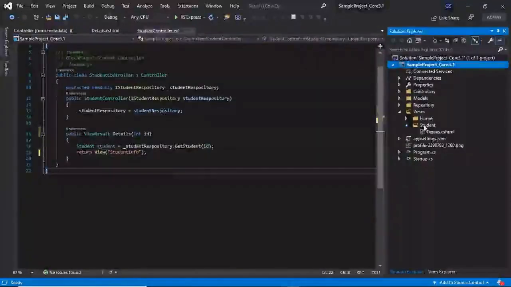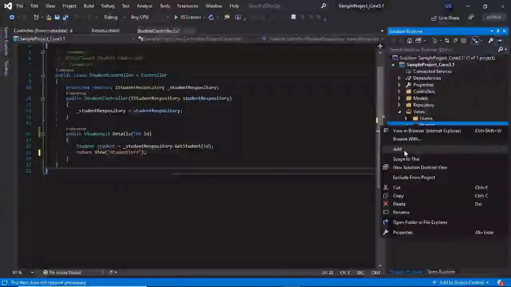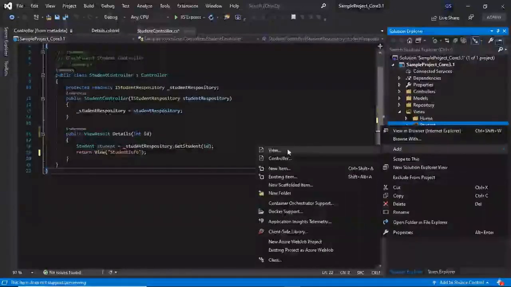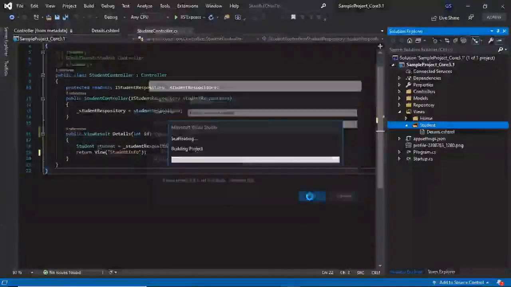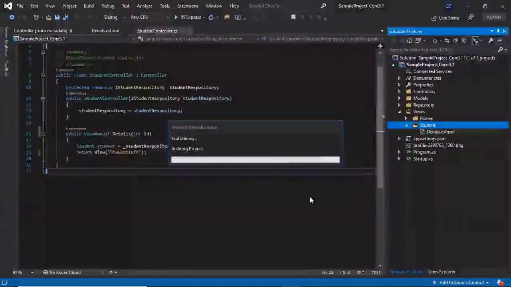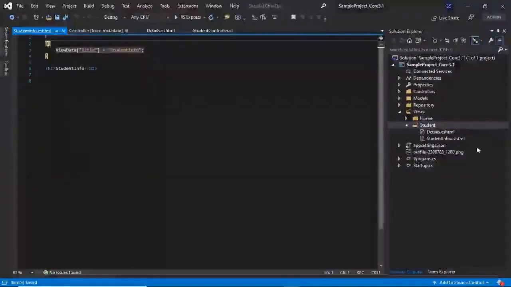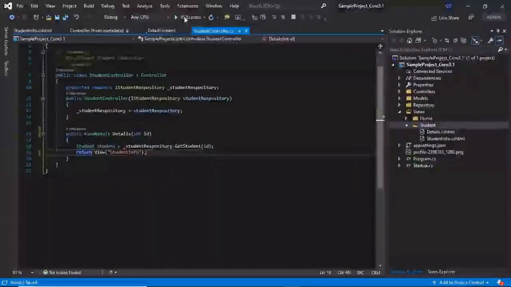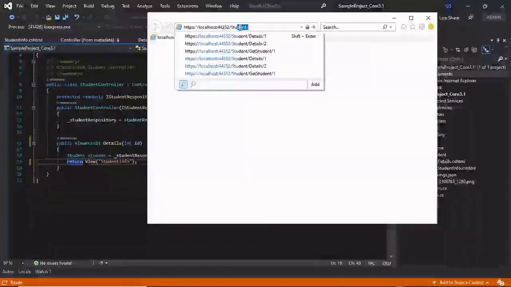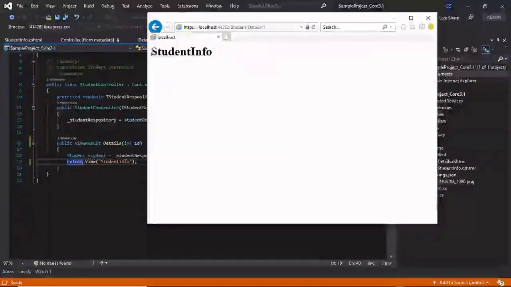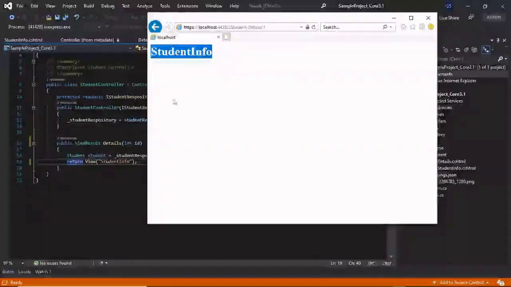So let's add the view with the name StudentInfo. Click on Add. We have now added the StudentInfo view. Now let's run and navigate to student/details/1. Look, we are getting the StudentInfo view instead of the Details view.